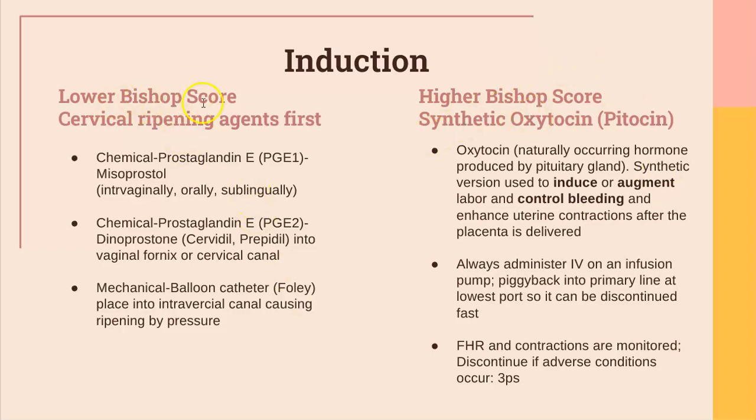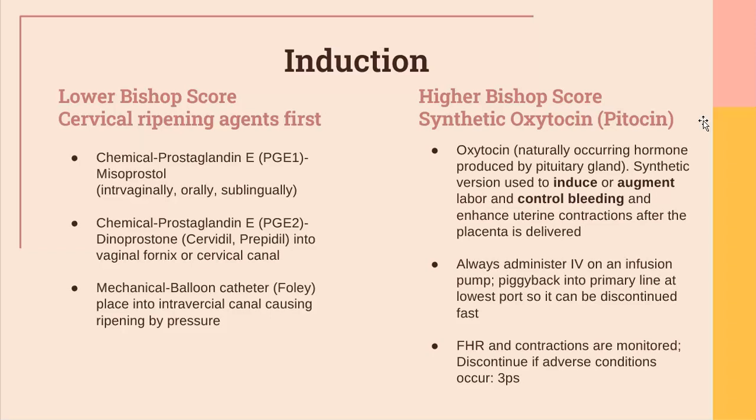So lower Bishop score, again, you're going to have cervical ripening agents first. If you have a higher Bishop score, you could look at using synthetic oxytocin or Pitocin for an induction. So it's a naturally occurring hormone. It's produced by the pituitary gland. This synthetic version is used to induce or augment labor and also to control bleeding and enhance uterine contractions after